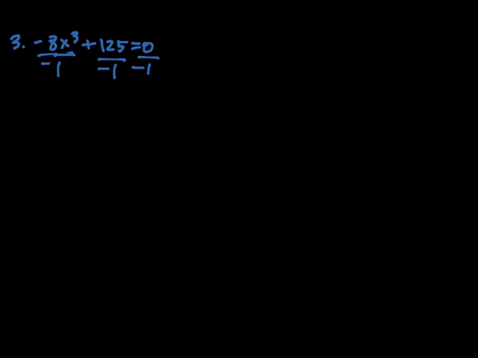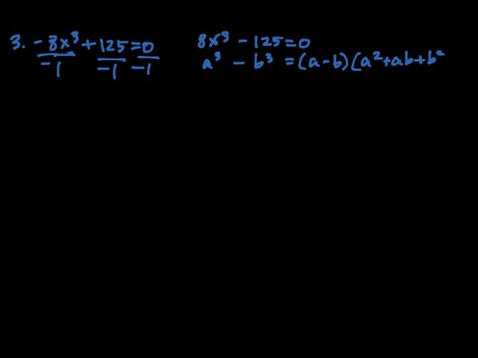So that gives me 8x³ - 125 = 0. Okay? And so we have a³ - b³, and that is going to factor as (a - b)(a² + ab + b²). Okay? So let's go ahead and find the cube root of 8x³ and the cube root